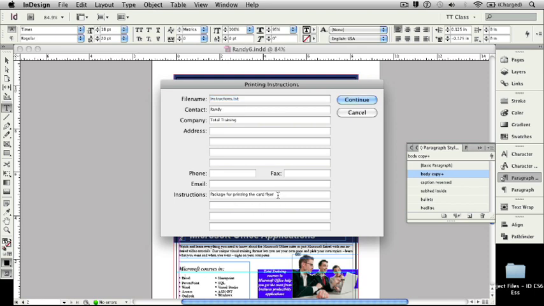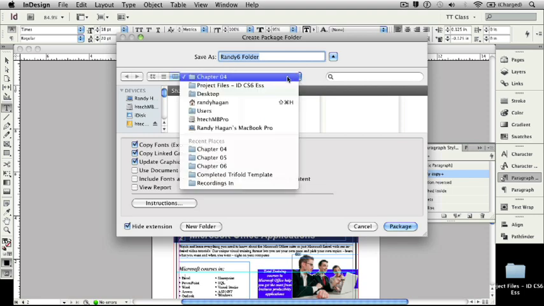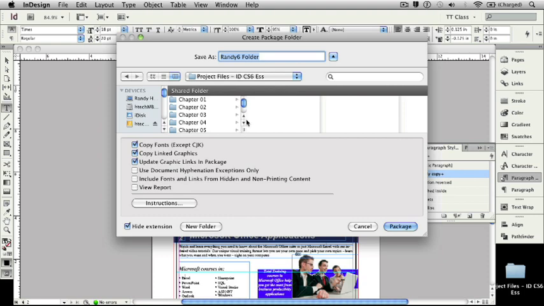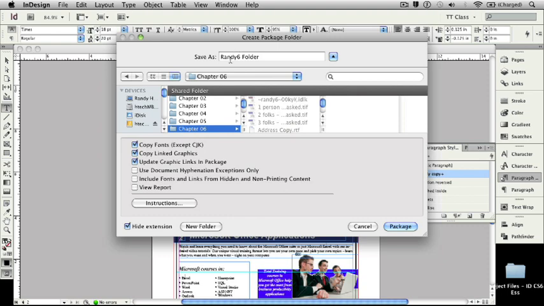We're going to change this package for TT trifold brochure. And now we're going to continue. We're going to place this folder inside the Chapter 6 subfolder of our InDesign CS6 Essentials project files. And we're going to name this TT brochure for printing